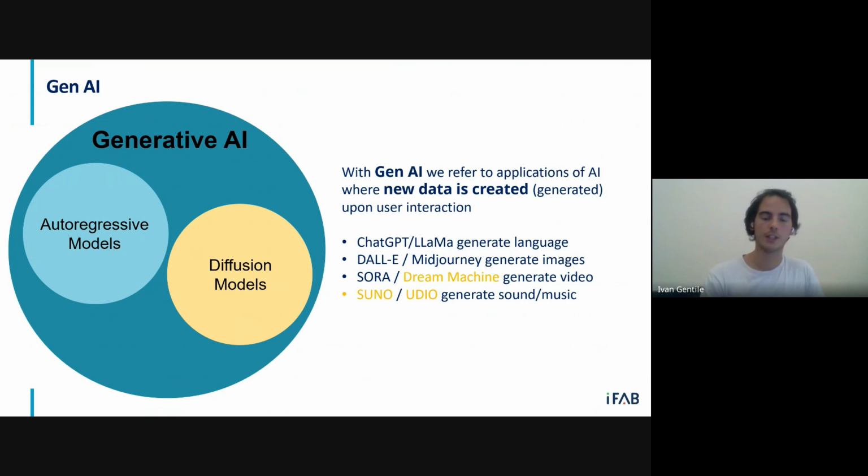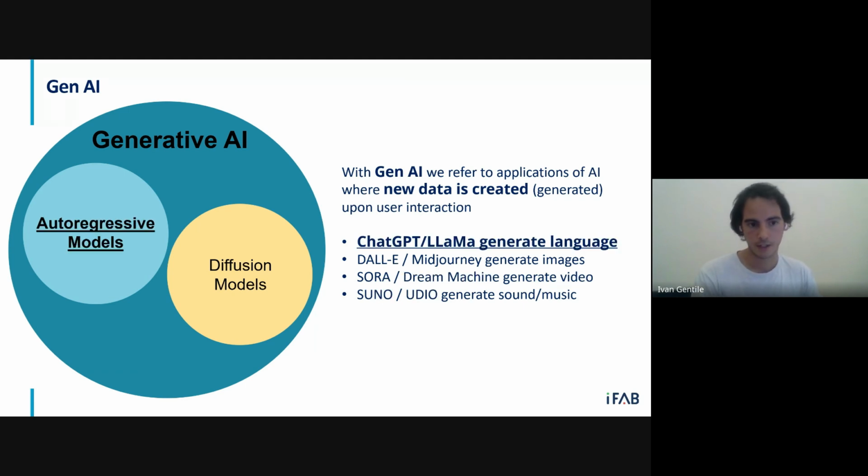So we talk about generative AI as a macro term, but actually there are different kinds of models. There are models that generate language. This is what we're going to actually talk about today. And these are the most famous: ChatGPT, Claude. Then we have models that generate images, and then we have also models that generate video. And I want to bring forward Dream Machine, which has been released not so long ago as free to play with, and also Suno and Udio are two other models that generate music, which are quite fun.